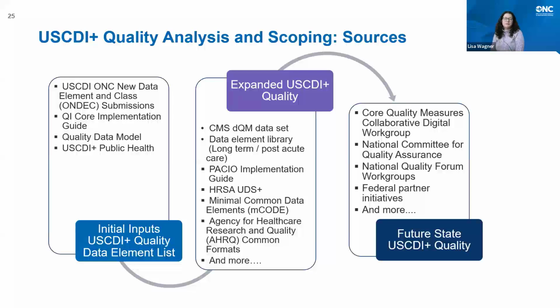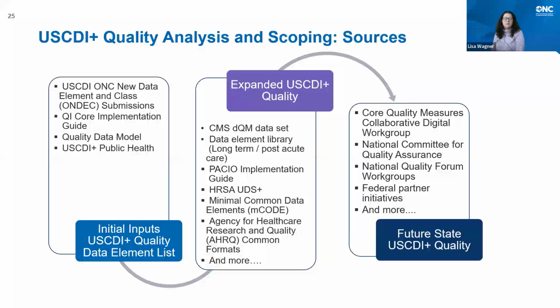We also reviewed the electronic clinical quality measures, eCQMs, currently used in CMS's inpatient and eligible clinician quality reporting programs, and data elements included in draft and published HL7 FHIR implementation guides for different use cases, such as long-term and post-acute care, oncology, and federally qualified health center reporting requirements,